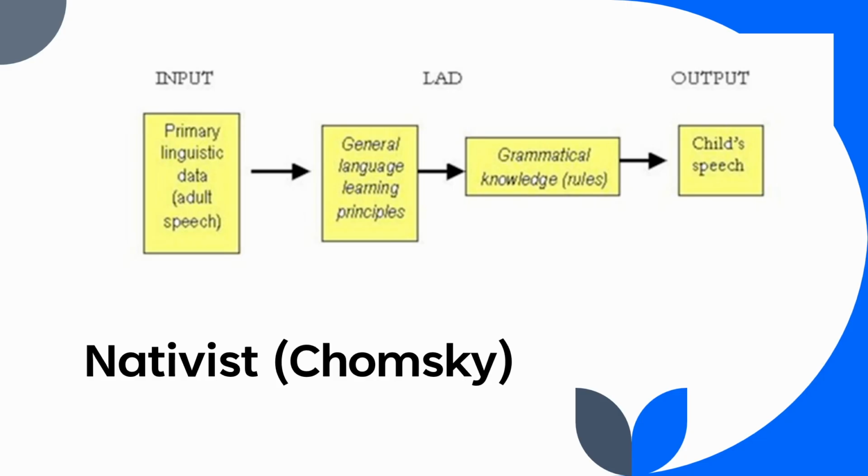The nativist or syntactic theory of language acquisition was developed by Noam Chomsky in response to behavioral explanations of language learning. Chomsky argued that imitation and reinforcement alone could not account for how children acquire language. He pointed to several key observations. First, young children know far more about language than they could reasonably have learned through memorization alone. The amount of linguistic input they receive is limited, yet by age 4 they can produce and understand complex sentences.